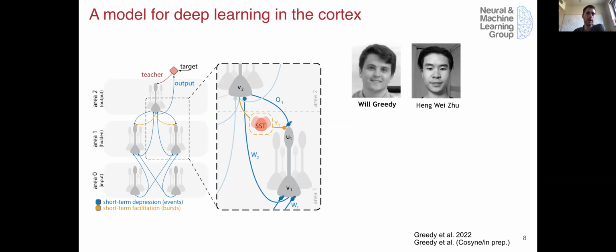So what we proposed here was that this maps very nicely onto a well-studied interneuron type, SST interneurons, which are known to exhibit short-term facilitation. So the input synapses onto these interneurons are short-term facilitating, which is exactly what you need to decode those bursts. So we're proposing that this decoding is done via these interneurons, which then target distal dendrites, and together with the excitatory feedback, they create an EI balance, if you will, or they try to match the other feedback, and that balance determines the learning signal internally within the neuron,